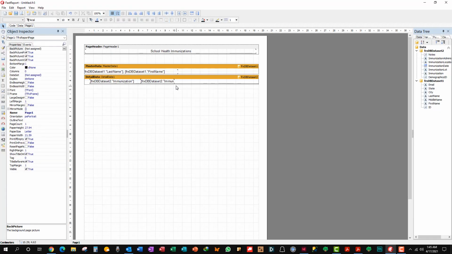So anyway, that's how you can report on relational databases. Use the master band for the master table, and then the detailed data band for the detail table. And the relationship is maintained by Delphi, and of course the fast report writer also. So you can't go wrong with,